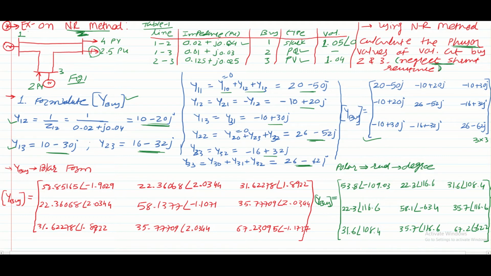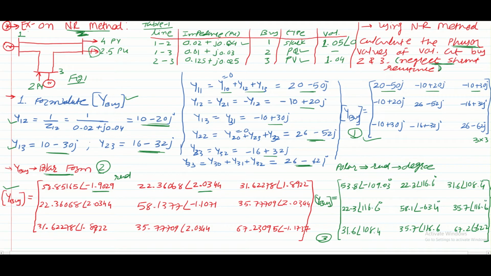Now, here in the next step, we have converted this matrix value, which is in the rectangular form, to the polar form. So, this Y bus matrix with the value of admittance in polar form. So all these values which is written over here in matrix number 1 will be converted into polar form in matrix number 2. Clear? And the third matrix which shows the polar form in the radian, which is converted into the degree. So all these values over here which is in radian, yes, let me write over here, radian, which is converted into the degree